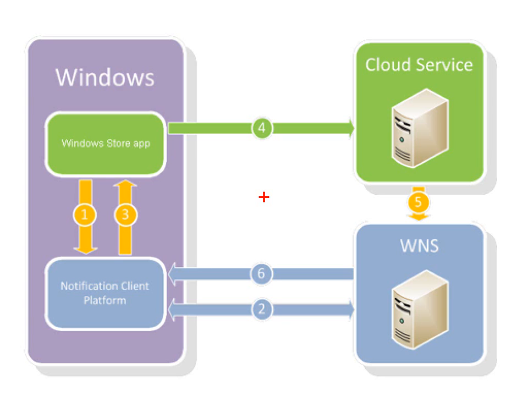You take that channel and you pass it on to the cloud service. Tell the cloud service, whenever you want to send any push notifications to me, use this channel. Now, whenever there is a notification available, the cloud service would go to the WNS and say that send this push notification. But WNS would ask for a set of credentials. Cloud service would provide that, and WNS would authenticate the cloud service, and after the authentication happens, it would just deliver that push notification